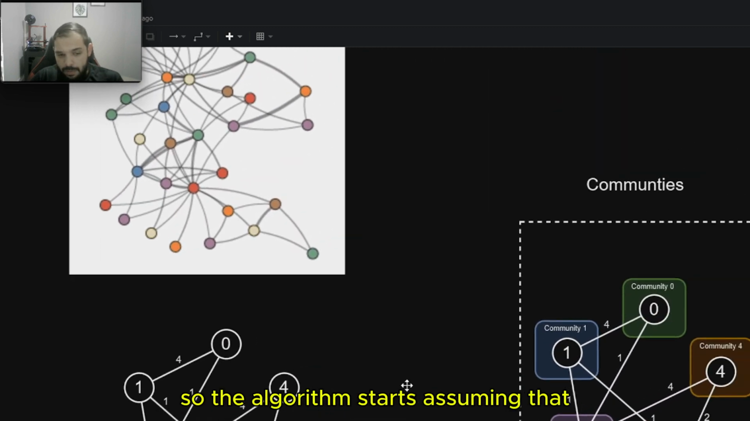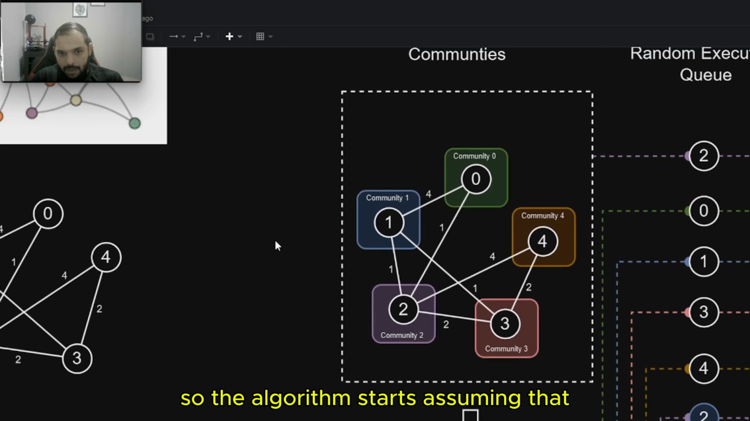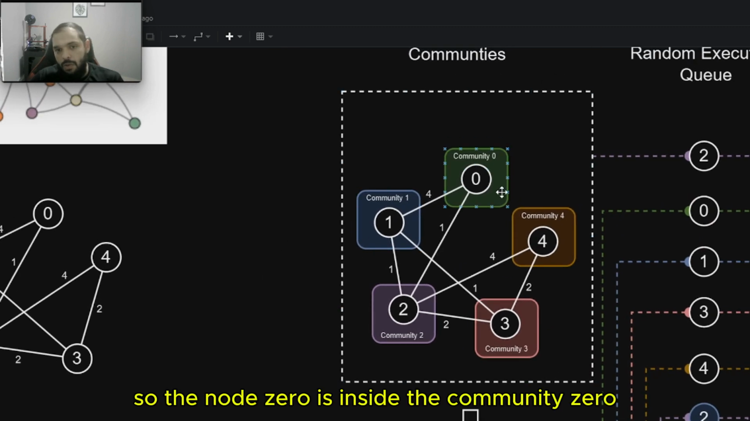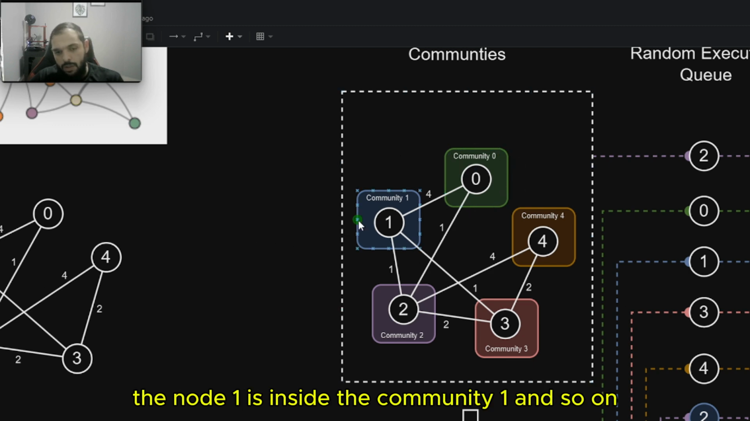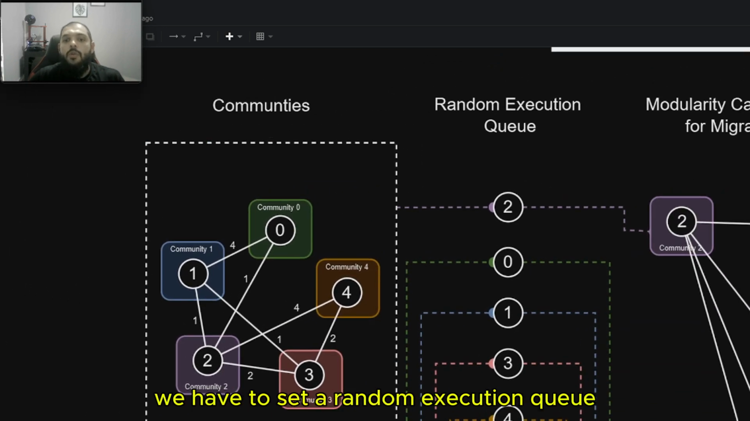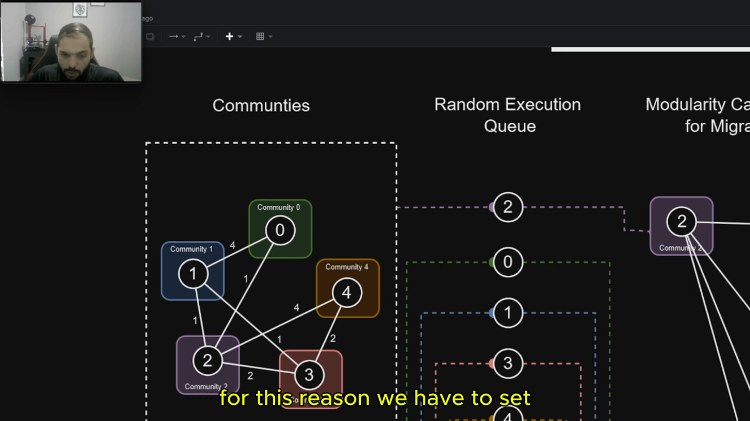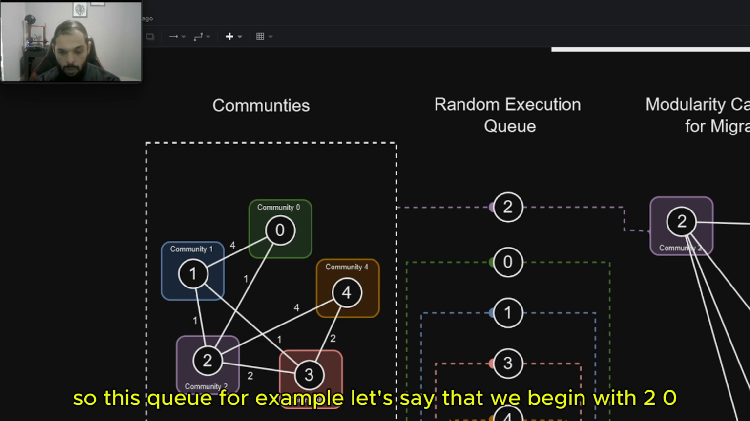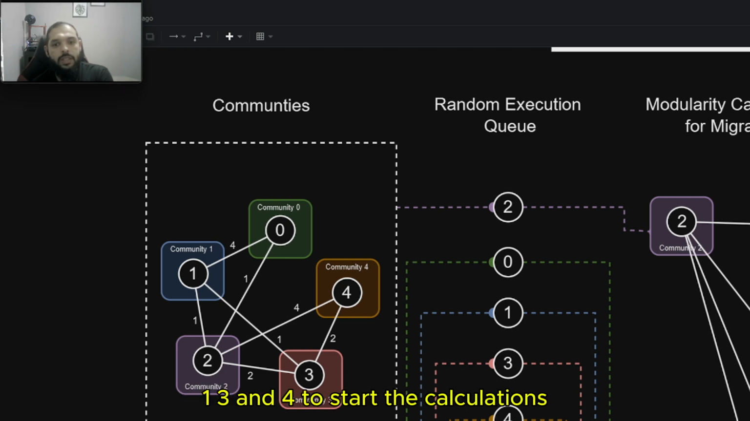The algorithm starts by assuming that all the nodes have their own community. So node 0 is inside community 0, node 1 is inside community 1, and so on. To begin the algorithm, we have to set a random execution queue. For this reason, we have to set a random state in the Leiden algorithm. For example, let's say that we begin with 2, 0, 1, 3, and 4 to start the